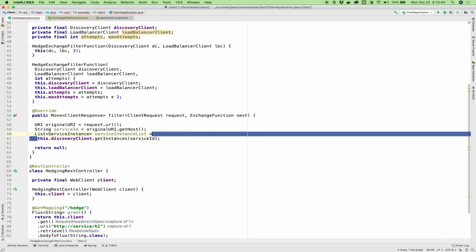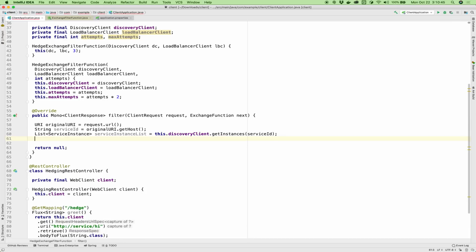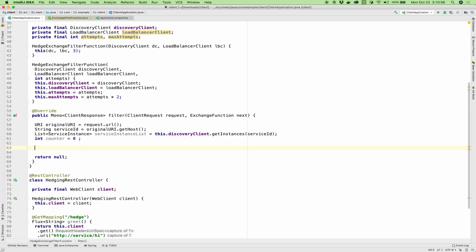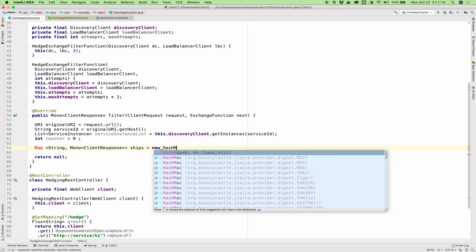Okay, actually, we have enough space there. Good. And then from there, we want to count. So we want to launch a number of different calls at the same time. We're going to need to store each of those launched ships, basically. We're going to launch a bunch of ships into the night, and each ship will go out and make a request and then come back to us, and whatever comes back first, we'll keep. So new hash map,